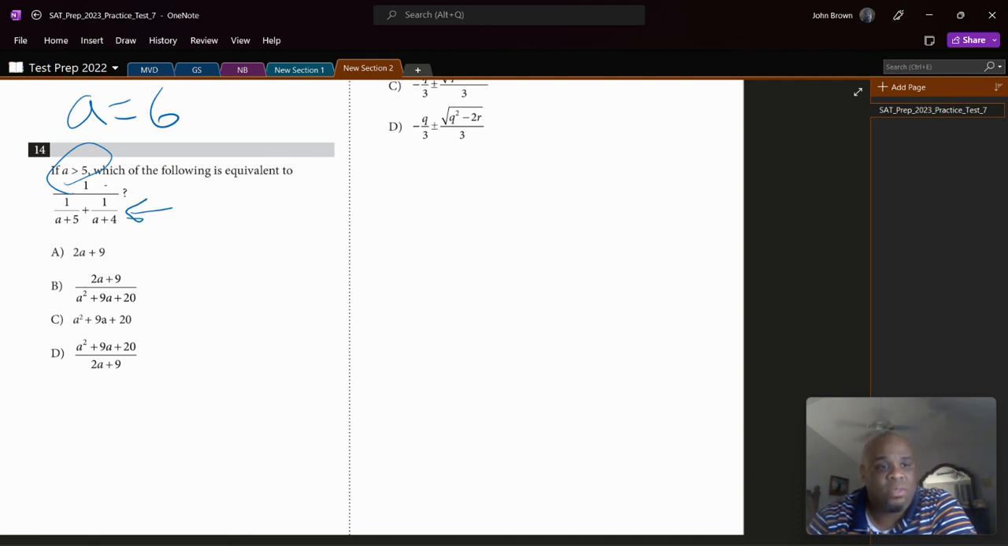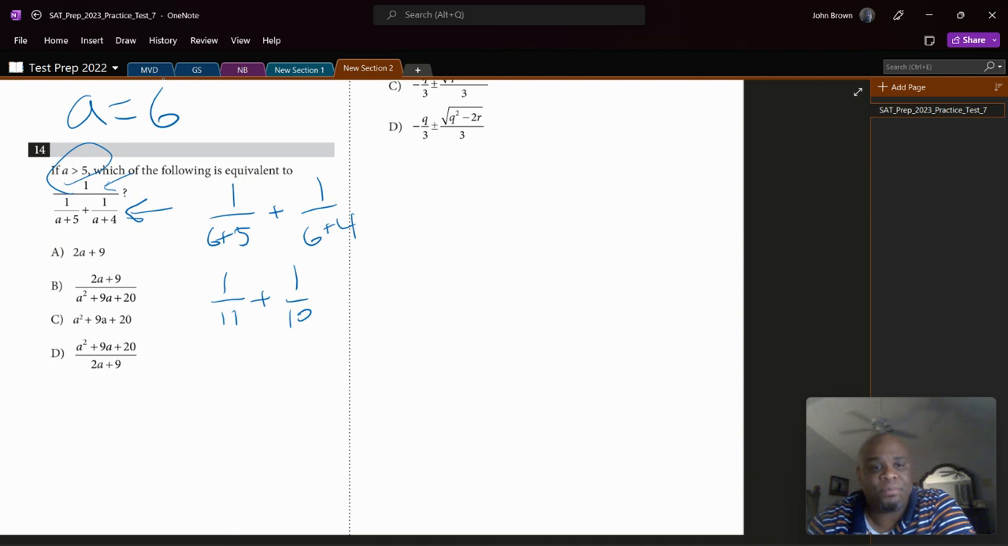So for the actual math, we're going to start in the denominator of this big fraction. And this 1 over just means that whatever we get when we solve this, we're just going to flip it. Okay, so 1 over all of this stuff. So first, if a equals 6, I'm going to go 1 over 6 plus 5 plus 1 over 6 plus 4. So that would be 1 over 11